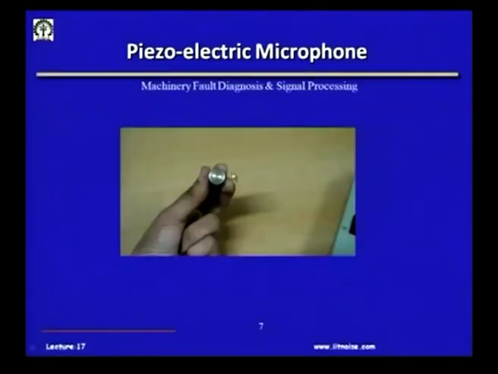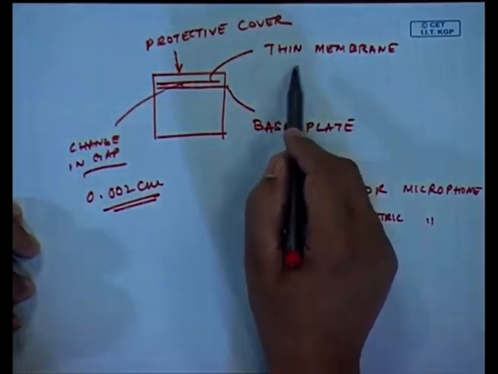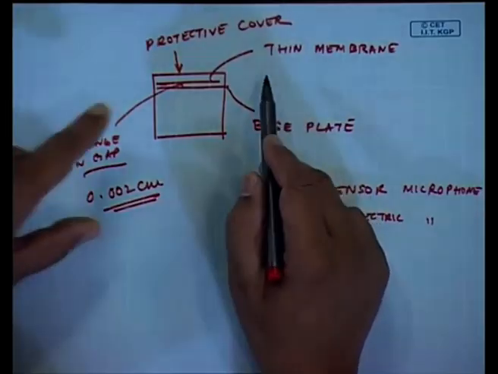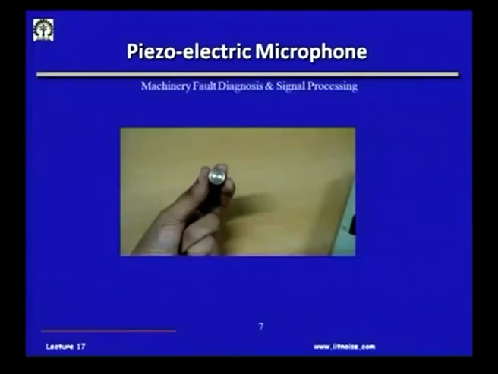So, these slots here, below these slots is the diaphragm. Actually, this is a protective cover, and it is always advisable not to remove this protective cover. This is possibly the thinnest foil you can ever imagine. Okay. Even if you blow hard, you may sometimes damage the membrane. Okay. So, this is why it is a very sensitive equipment. So, we have to be very careful, and thus this protective cover is advised not to be